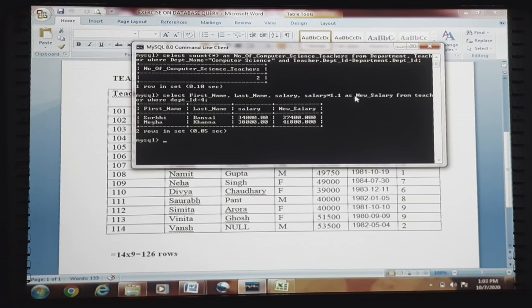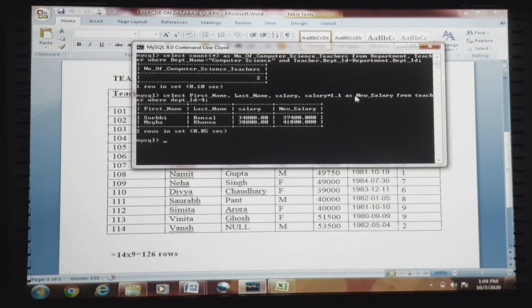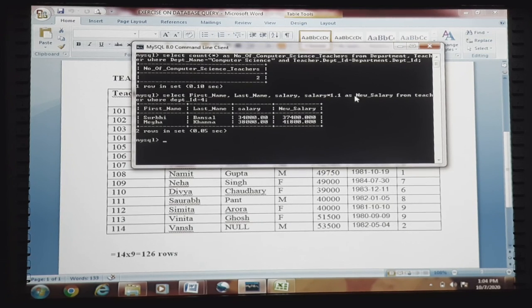Then order by is meant for performing sorting operations between different attribute values. And finally, we will once again repeat the concept of string pattern matching. These three are very important: group by, order by, and string pattern matching.